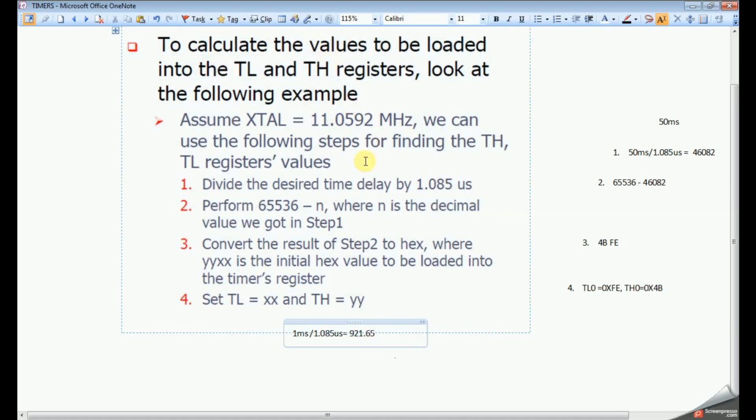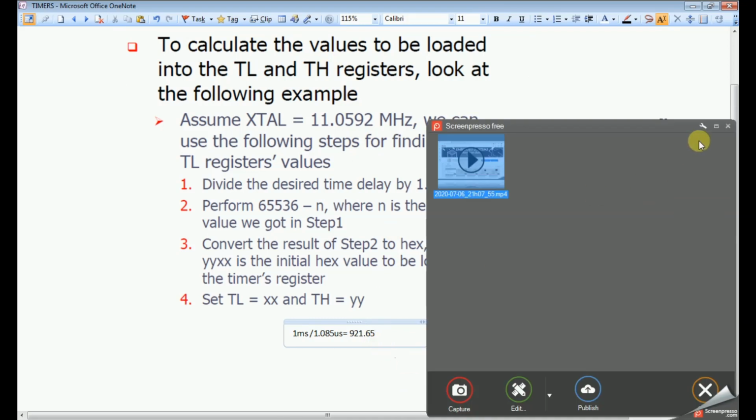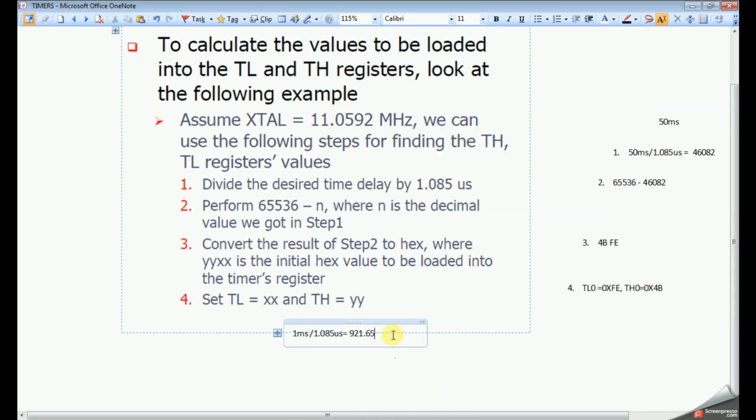So this should be subtracted from 65,536.